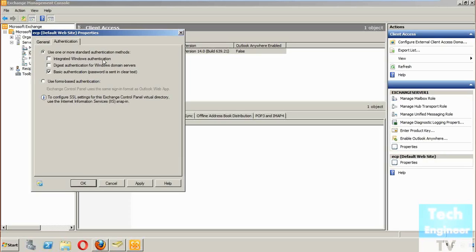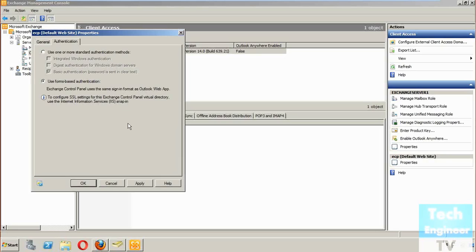By default basic authentication will be selected, where the password isn't sent in clear text, whatever you have selected for the administrator password. Via OWA you can very easily access ECP, and